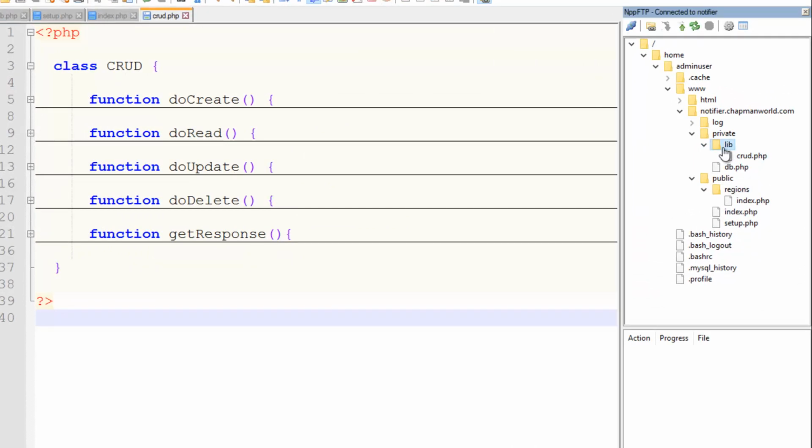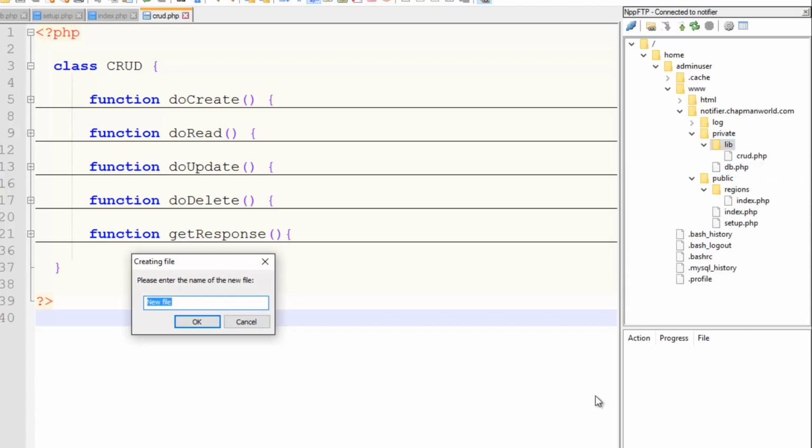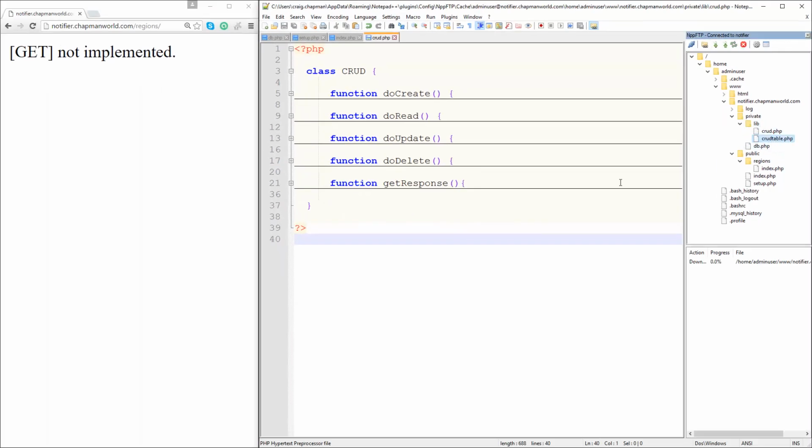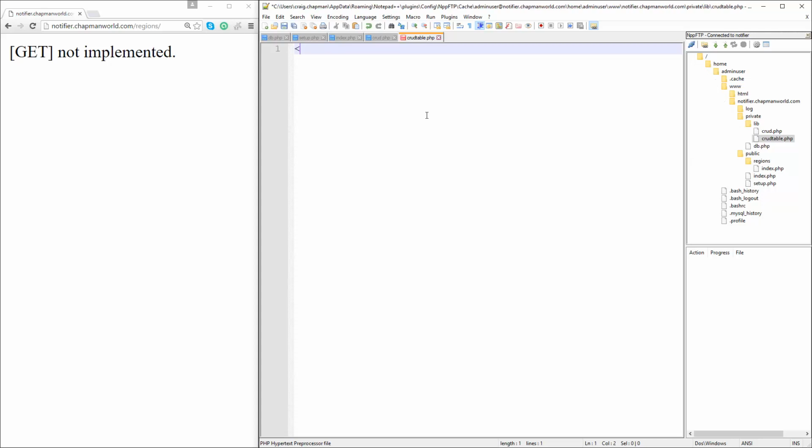Okay, so up under the private lib directory, I'm going to create a new file, and let's call it CRUD table.php. What we're going to create here is a somewhat generic class which will expose a database table as a CRUD class. So we'll be able to perform the CRUD operations on the database table. And we're going to start first by using require once